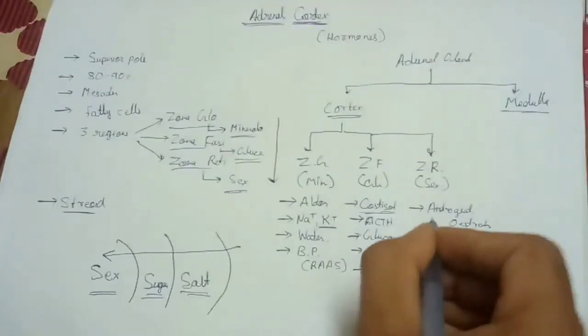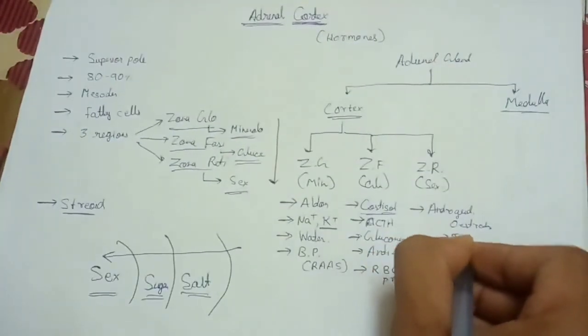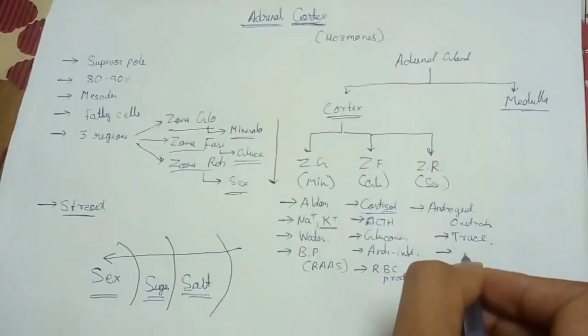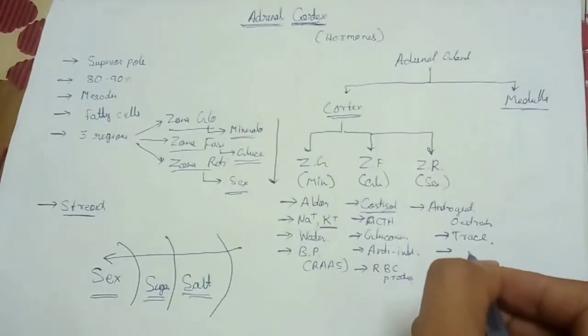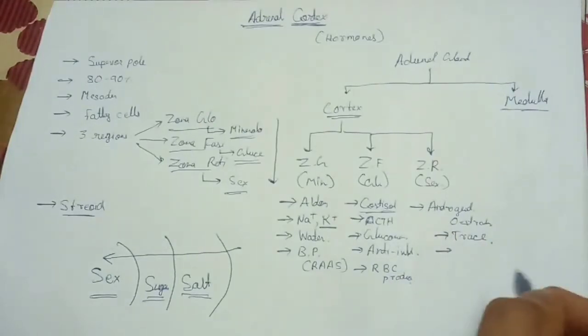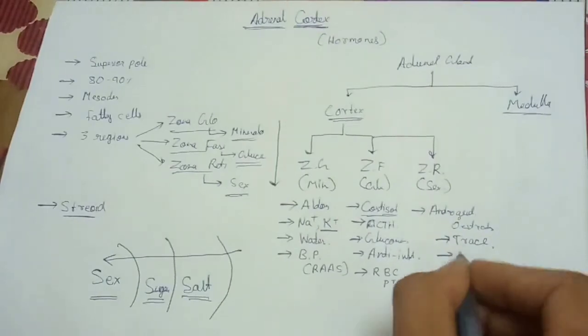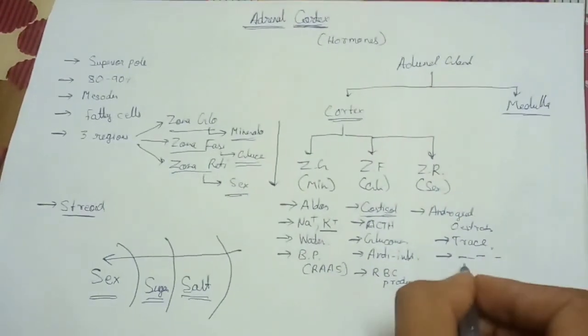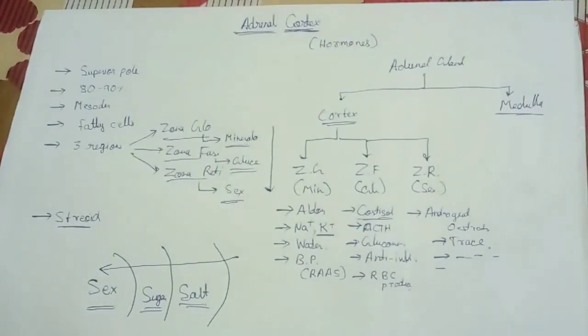The sex corticoids are secreted in very trace amounts. These are secreted in both male and female. But the sex hormones secreted by the gonads inactivate the sex hormones of the opposite sex. So this doesn't have much significance in the body. So here we complete the